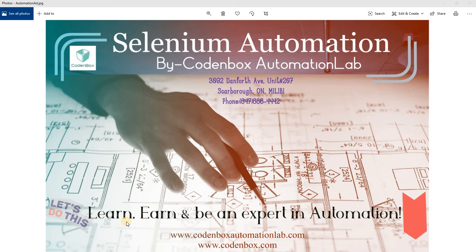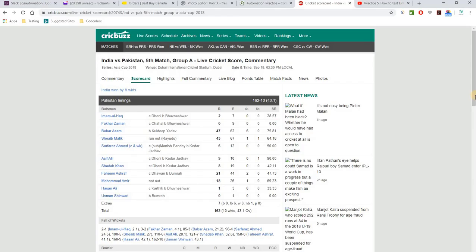Today it's a very important topic we're going to discuss. It's about tables. In real life we see lots of tables, and we might have to do some automation on our tables. In a table you have some rows and columns, so from any row or column you may have to retrieve some data and do some automation testing. For example,